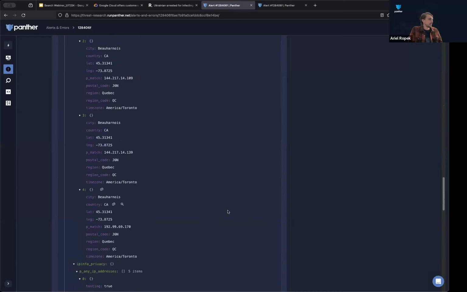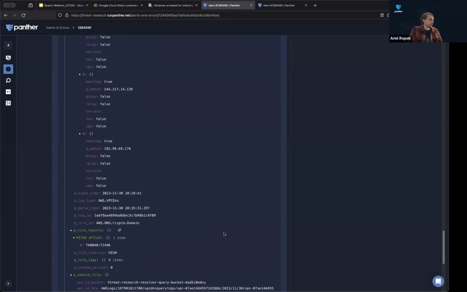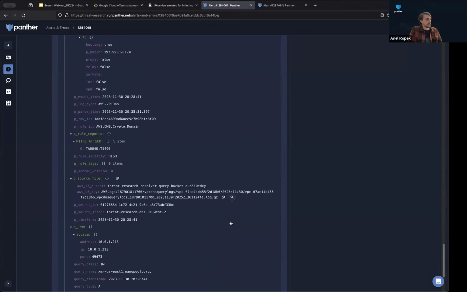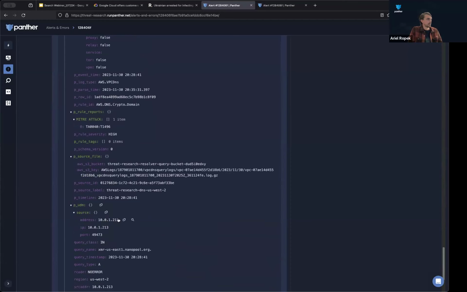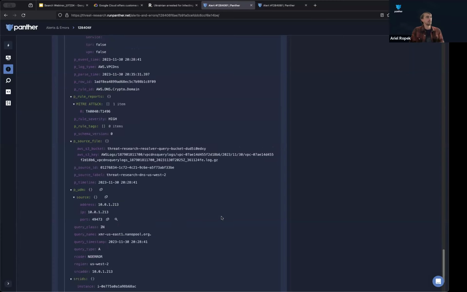Yep, we can see various location data for those IPs. As part of this, the next step for a security analyst would maybe be to look at the source IP and ask what system this IP belongs to, and what other types of activity this IP address is performing. And at the end of the day, who was responsible for creating this resource and why is it connecting to this crypto domain? So for that, I'm going to hand it back over to Casey,